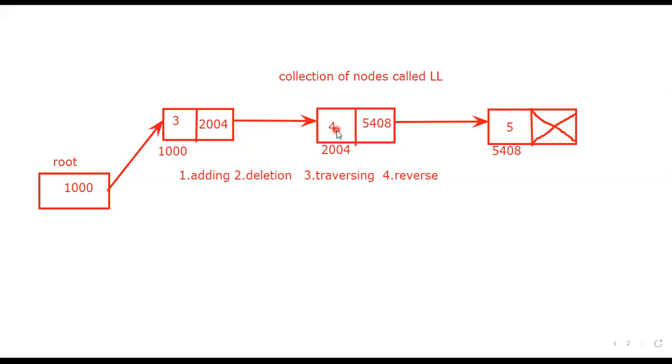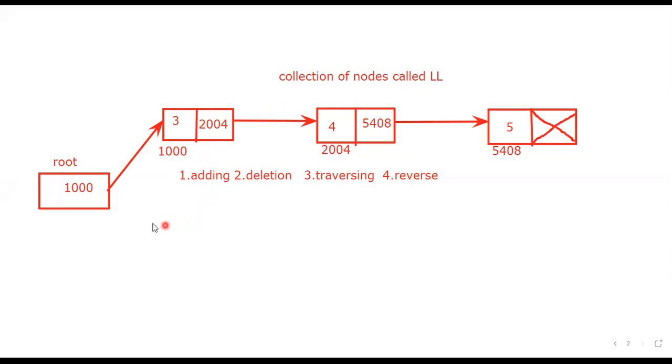Or otherwise, if the list is very large, we can insert a node at a specific point. That is also another case, the fourth case. These are the 4 cases that we have to discuss in adding a new node in a linked list. This is called addition. These are the 4 possible cases for adding an element.